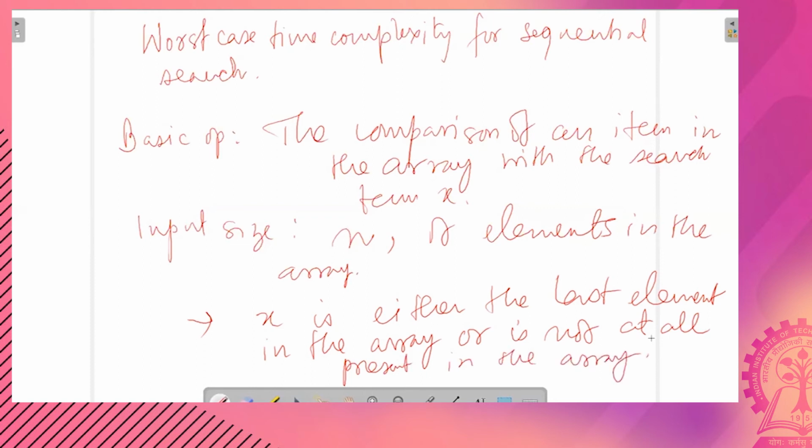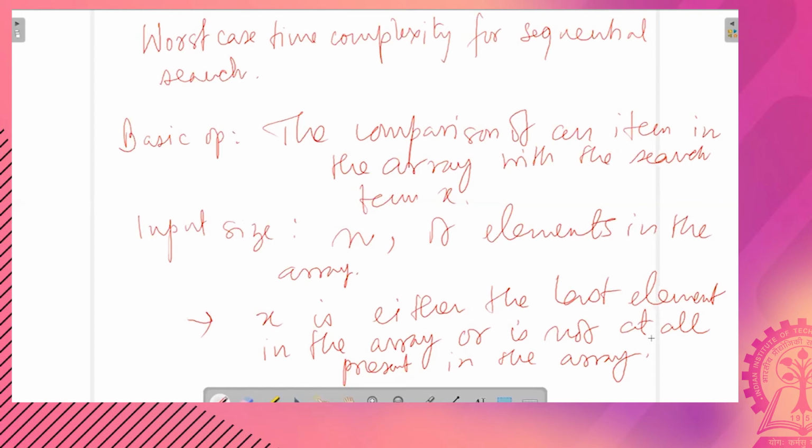So if X is the last element, then you have to start from the beginning and keep on searching or comparing X with all the elements up to the n, requiring n passes, in order to conclude that X is present in the array, or even if X is not present, you have to scan all the elements in the array to conclude that X is absent.